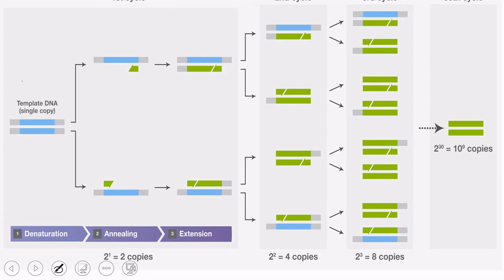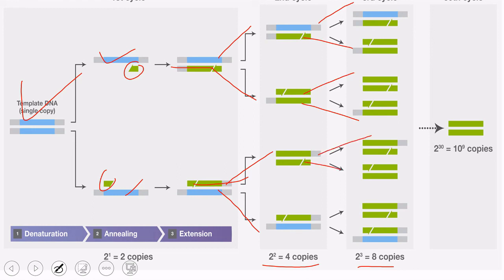Now, this is one step where we start from one DNA. After denaturation, we have two different DNA strands. Then annealing, the primer is added there, then elongation. So we have two DNA strands. Now in the second cycle, these will be separated, and both will be elongated. So we will have 4 copies after the second cycle. After the end of the third cycle, we will have roughly 8 copies, because these are separated, annealed, and elongated. So there is an exponential increase in the number of DNA.